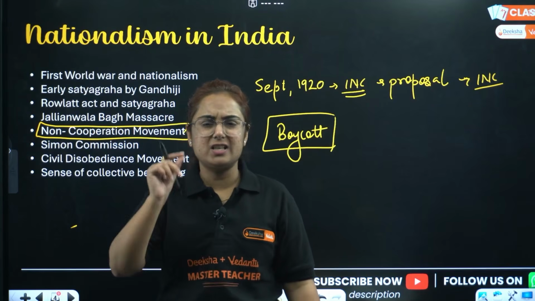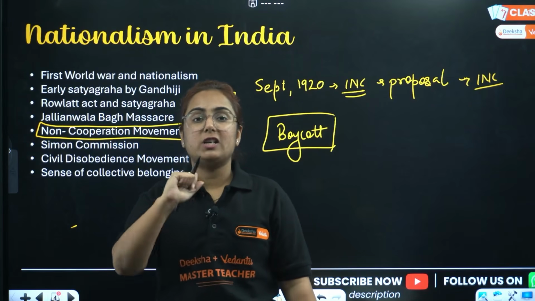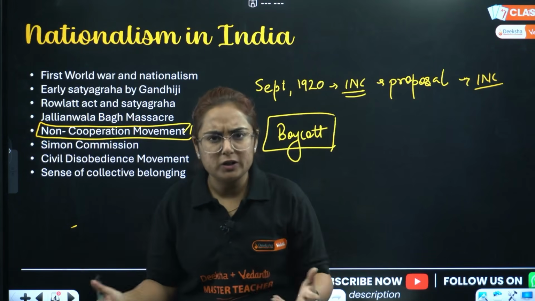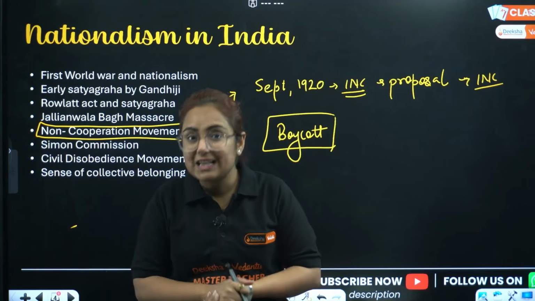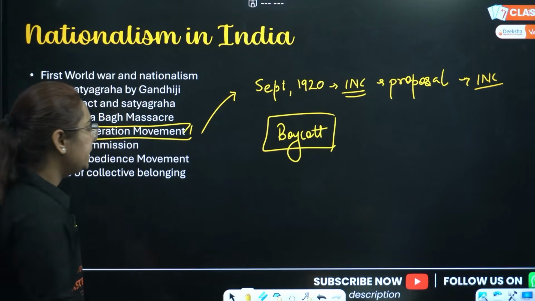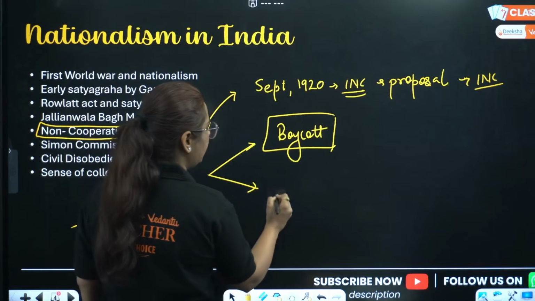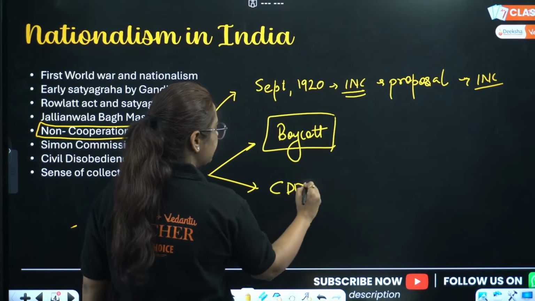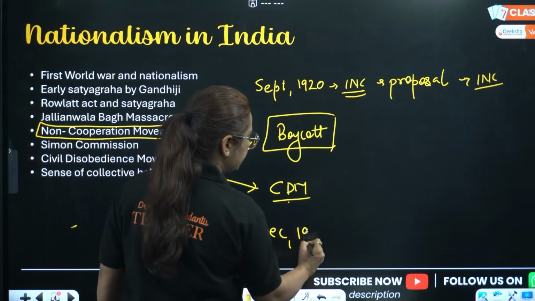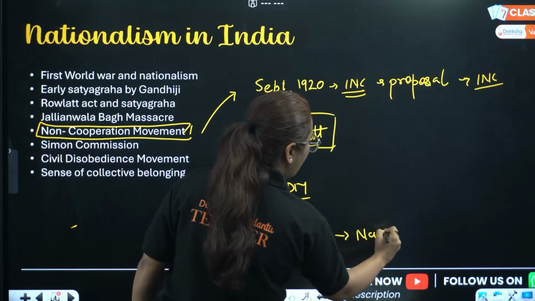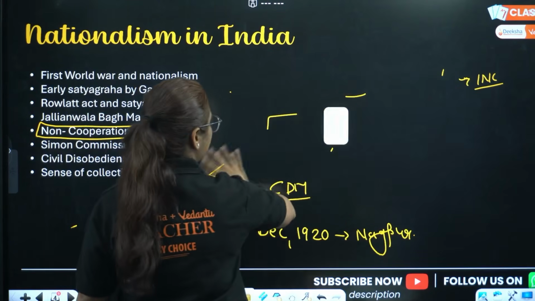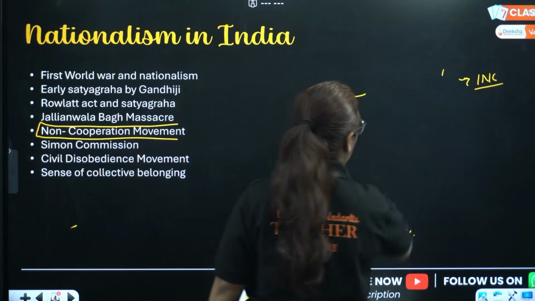However, a heated debate was there regarding the boycotting of the legislative council. Some people were not ready because the Indian National Congress was a political party and wanted to be part of the next elections. Even he said that if the government did not follow what we are doing, then civil disobedience will be done. This proposal was accepted in the December session of 1920, organized in Nagpur, and now the non-cooperation movement starts. What starts, my dear students? The non-cooperation movement starts formally here.